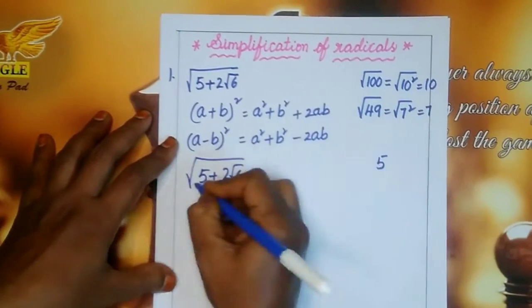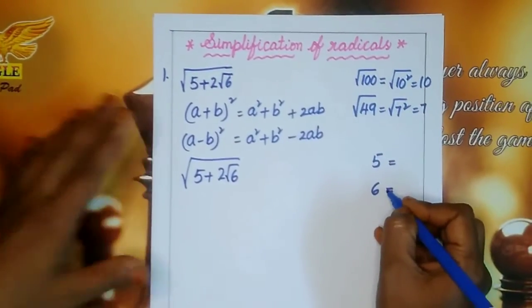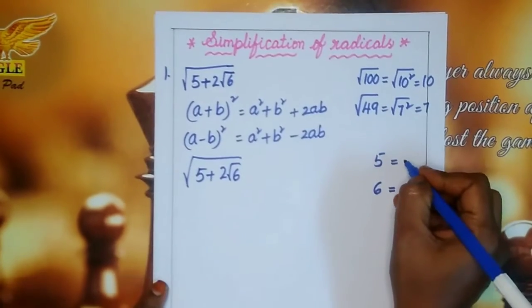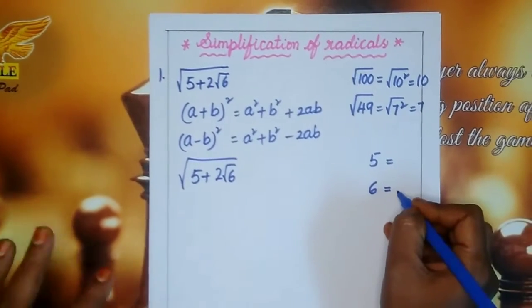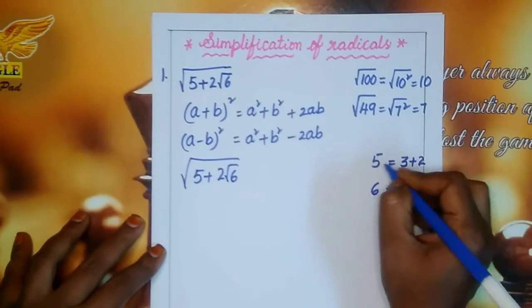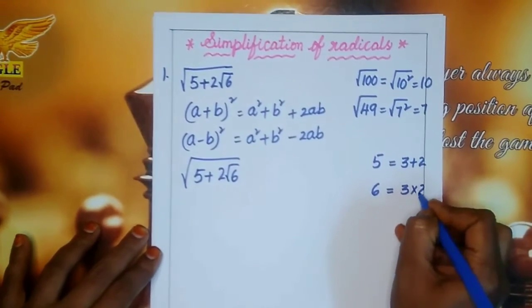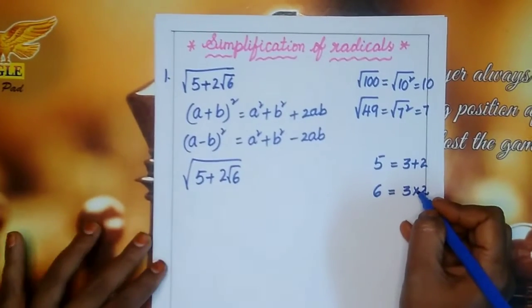Now, you have to take this 5 and this inner square root value 6. These two you have to take. Now, you can take any two numbers whose sum should be 5, product should be 6. The same numbers you have to take. So, if you add two numbers, that means 3 plus 2 is 5. The same numbers you have to do product to get this 6. That means 3 into 2, 6. In such a way only you have to select the numbers.